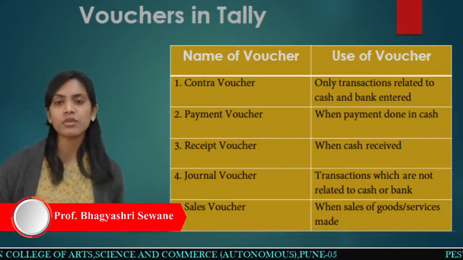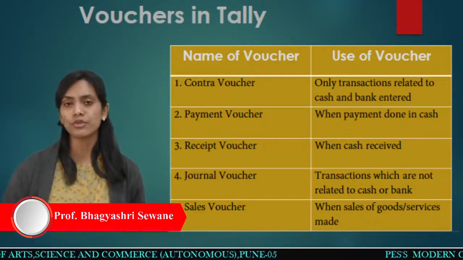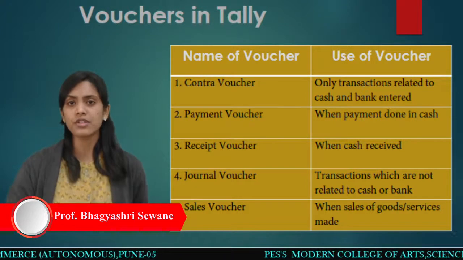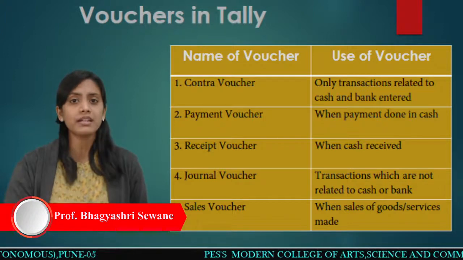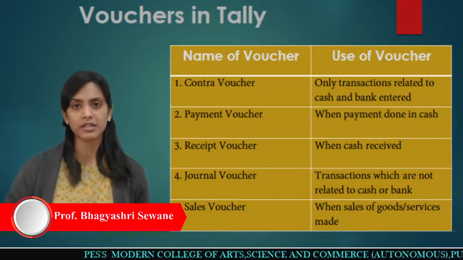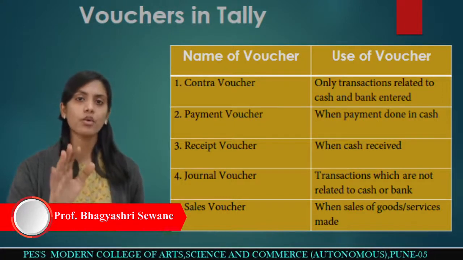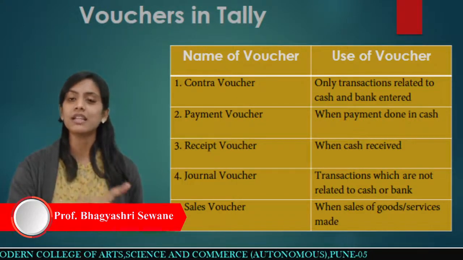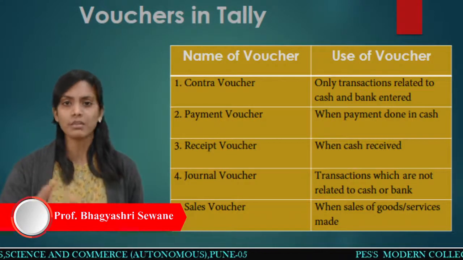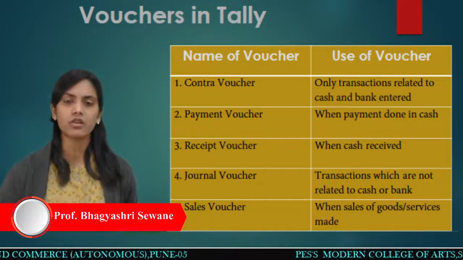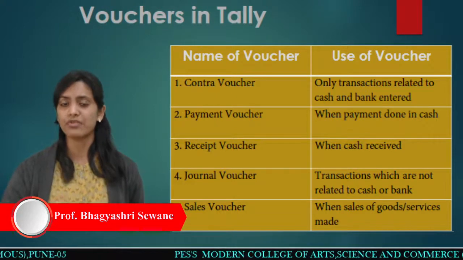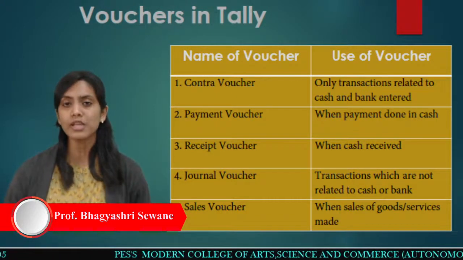Then what is the receipt voucher? In this receipt voucher, whatever cash you have received for anything, for example rent, if you receive some money for rent, it means the cash account is debited. So in this receipt voucher, only the cash is debited. None other than the cash account is going to be debited. Whatever amount you receive, maybe by check, then the bank account is also debited. But other than cash and bank, if you make a wrong entry, Tally is not going to accept it.